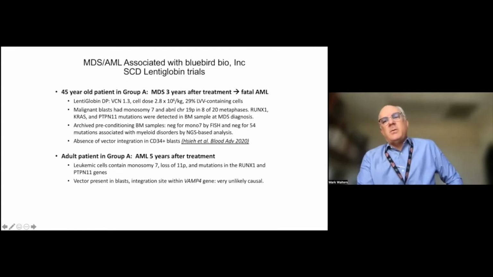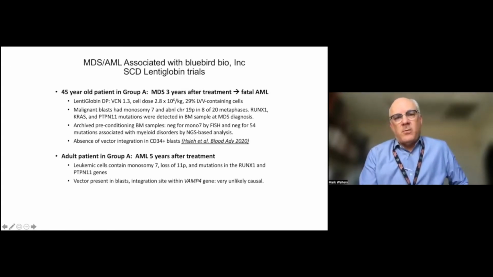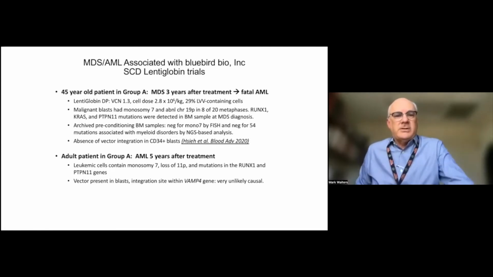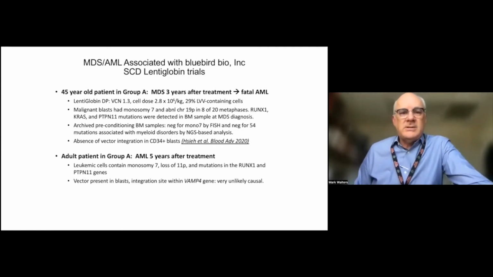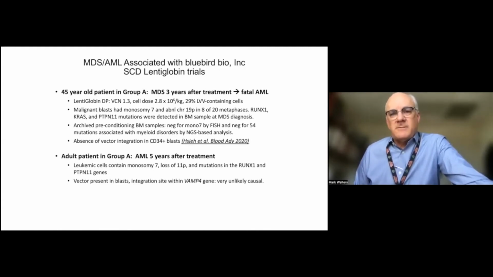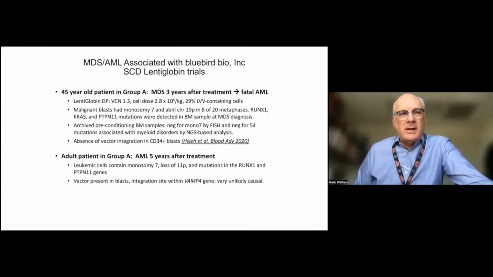So one of the risks that came to the fore in the last year and a half or so were these two observations of acute myelogenous leukemia that occurred in 2 participants among 43 who received a lentiviral gene therapy drug product. So these were stem cells that were modified in a way to make an anti-sickling hemoglobin. And 3 to 5 years after the treatment, and these were 2 of the first patients enrolled, they developed acute myelogenous leukemia that developed as a consequence of these driver mutations that we know can cause or amplify the